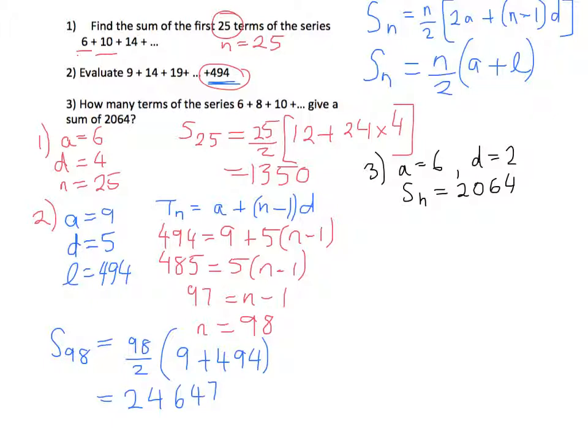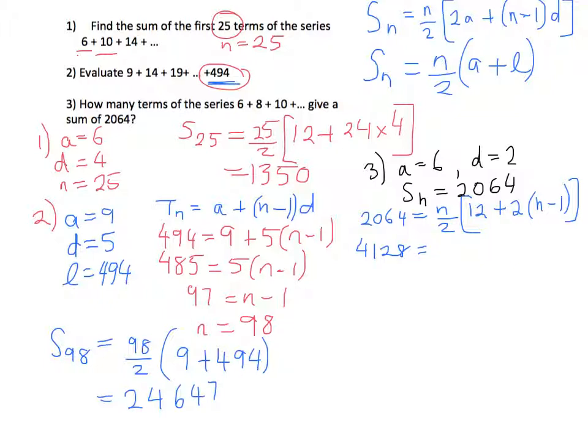So we've got A, D, and n, so it means we need to use this formula here to solve for n, because we don't know what the last term is. So substituting in there and solving for n, we're going to have 2,064 equals n on 2, 2A, which is 12, plus 2 lots of n minus 1. Okay, so just move the d to the front of those brackets there. Let's multiply both sides by 2 to get rid of the fraction there. So 4,128